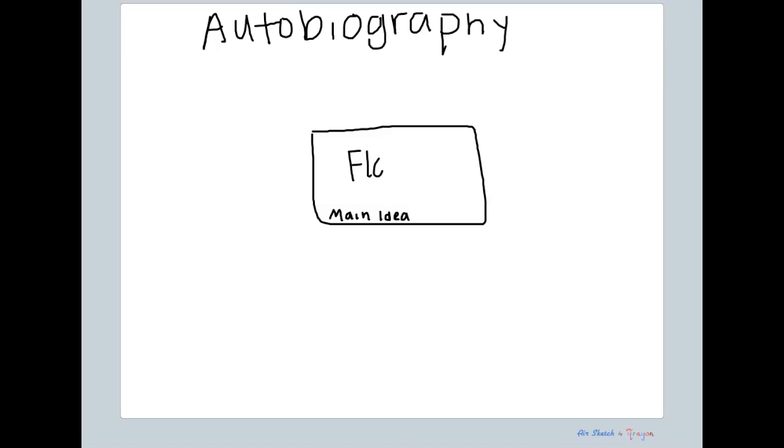So at the very middle of your paper, you're going to draw a box. And in this box, we're going to talk about the main idea. So you can write main idea. For the paper that I'm going to write about a trip that I've taken with my family to Florida. So I'm going to write Florida